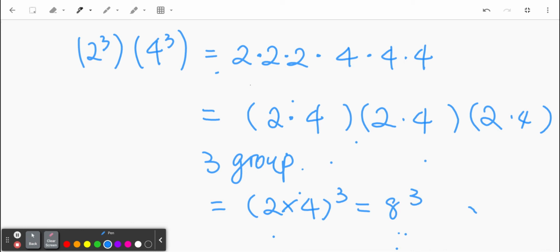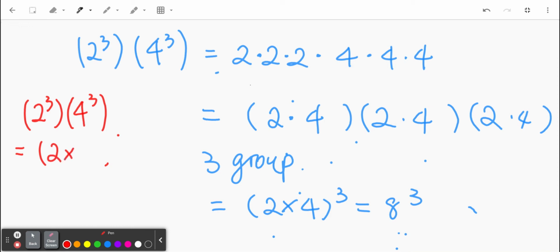Okay? So, let's take a look at the complete picture together. Basically, what we have here is 2 to the power 3 times 4 to the power 3. Even though they have different bases, they have the same exponents, right? So you can combine the bases as 2 times 4 together to the same power 3, equivalent to 8 to the power 3, right? So if we want to rewrite them as a formula, we can have